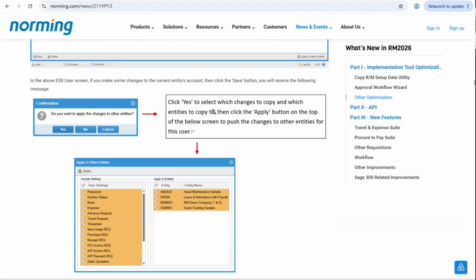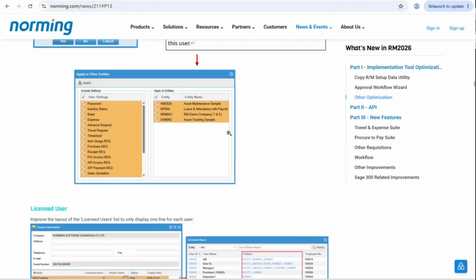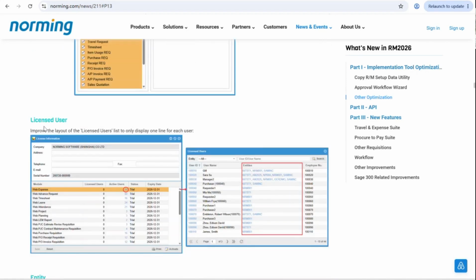If you select yes, then this screen will pop up for you to select which changes you want to copy to which other entities. You select them, then click apply. The changes are pushed to other entities without doing the modification one company after another. Okay, so that's the second improvement for the ESS user. And the next